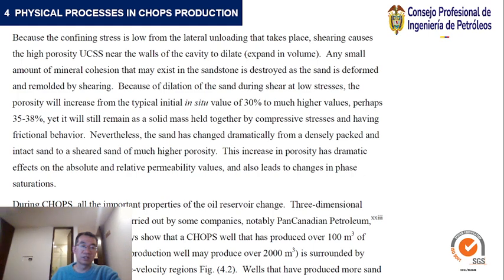3D geophysical seismic surveys carried out by some companies, notably Canada Petroleum, show this clearly. These surveys show that a CHOPS well that has produced over 100 meters of sand in its lifetime is surrounded by shaped low seismic velocity regions, and wells that have produced more sand